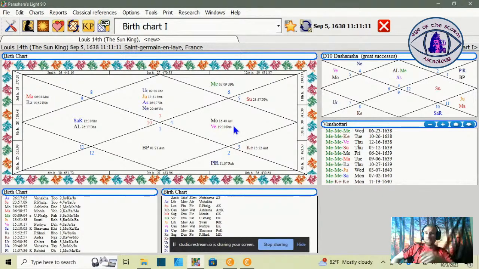That being said, he still had a relatively good relationship with the mother, she lived for a pretty decent period of time. So we can definitely see that with the Moon being well placed here with Venus. And again, lots of wealth is something that we can very much see coming in through here. So this is just a very, very well supported chart. We also see that the first house ruler, Venus, is in the 10th house.